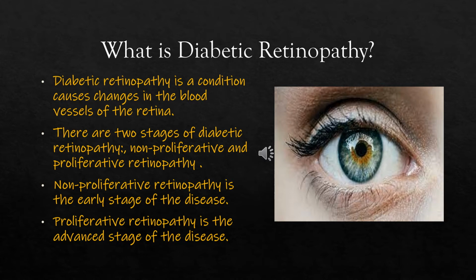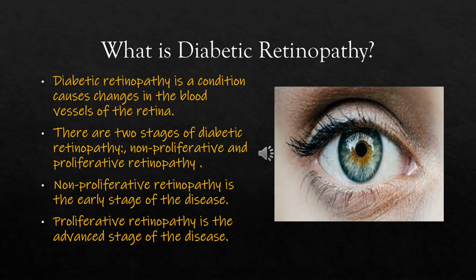So what is diabetic retinopathy? Diabetic retinopathy is a condition that causes changes in the blood vessels of the retina, so in the eye. There are two stages of diabetic retinopathy, non-proliferative and proliferative retinopathy. Non-proliferative is the early stage of the disease, and in this stage, the blood vessels in the retina swell and leak, which can cause macular edema, which is swelling of the retina, and may cause